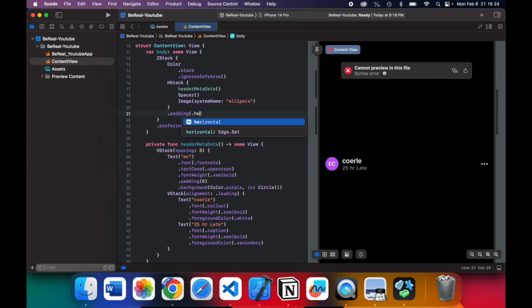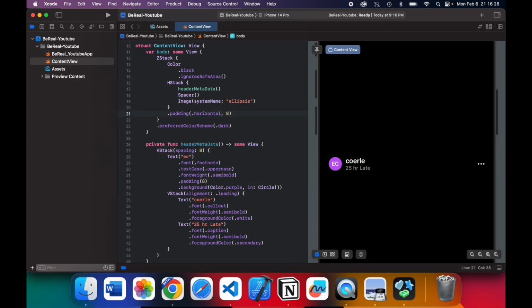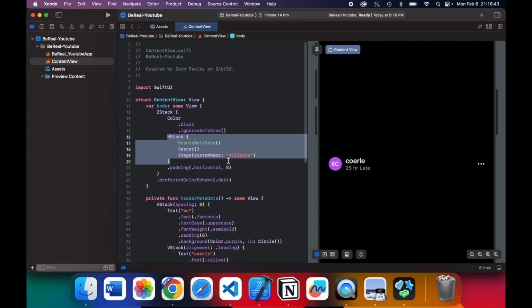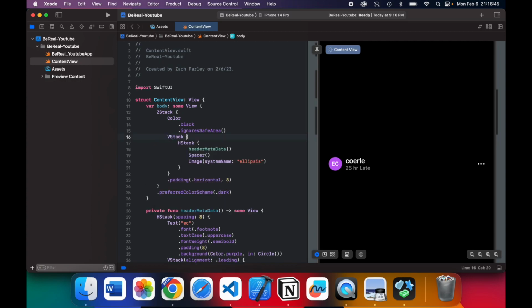Dot padding, dot horizontal, dot 8, and I am doing this on the newest iOS, and that's why I'm able to do this font weight down here and everything like that on iOS 16. Maybe a little bit more. I'm not going to stress too much about it. Okay, cool. And then underneath this, let's add this with a V stack,